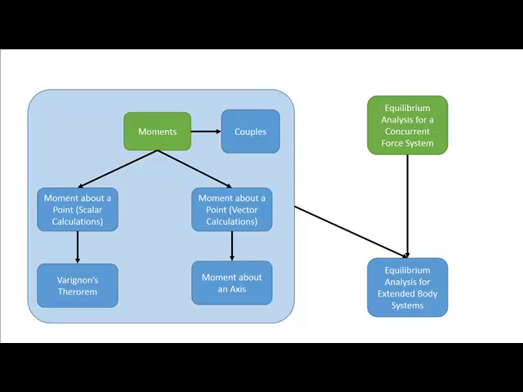So we've got all these different options for analyzing moments. Depending on the problem, depending on how our equilibrium analysis goes, we might want to use one method over the other, but all of these options are going to go into equilibrium analysis for an extended body. So just like we had the sum of forces before, we're going to continue that process, and we're just adding in this new element to the analysis. We're going to add in the fact that the sum of the moments must also be equal to 0 if the body's in equilibrium. And so we know if there's no angular acceleration, the sum of the moments must be equal to 0.